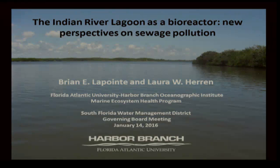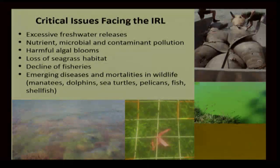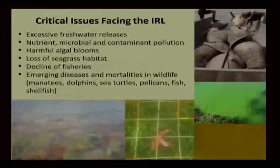And I think, as we all know, the Indian River Lagoon has faced some very critical issues, particularly in the past 5 years. We've heard, of course, a lot about the excessive freshwater releases from Lake Okeechobee and other sources. Nutrient problems coming not just from fertilizers, but as we're going to talk about today, I'm going to look at other sources of nutrients. These can come, obviously, from a variety of sources, including sewage, which also brings microbial pathogens, viruses and bacteria, and other contaminants as well. The nutrients, of course, are linked to the harmful algal blooms that we're seeing in the